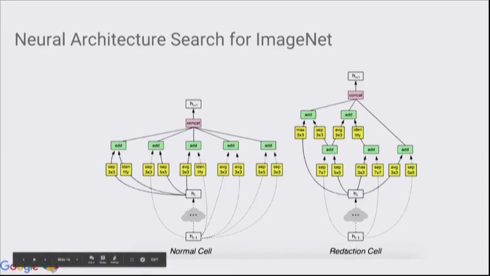And then the other cell is basically the pooling layer. The pooling layer takes h_i-1 and h_i, and also performs a bunch of combinations to give rise to h_i+1. So these two cells are being searched by neural architecture search. And once we're done with that, we're going to stack these cells